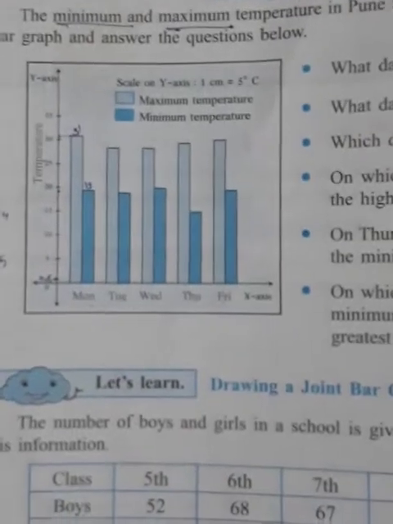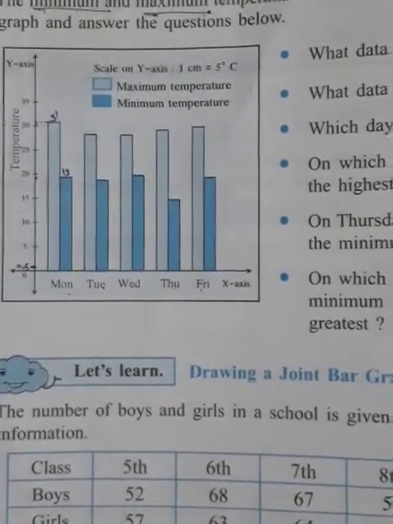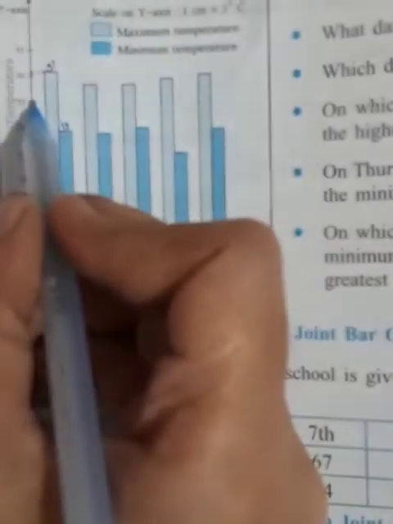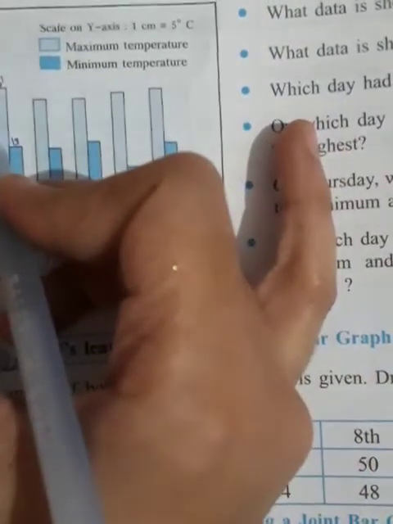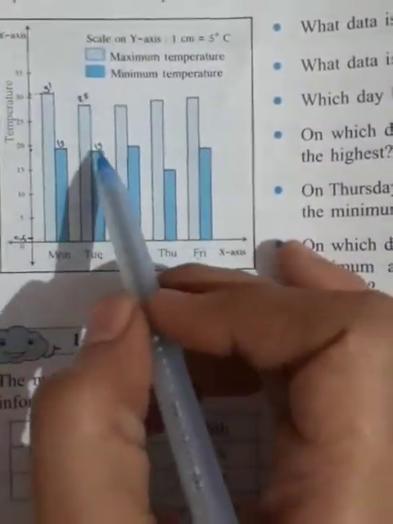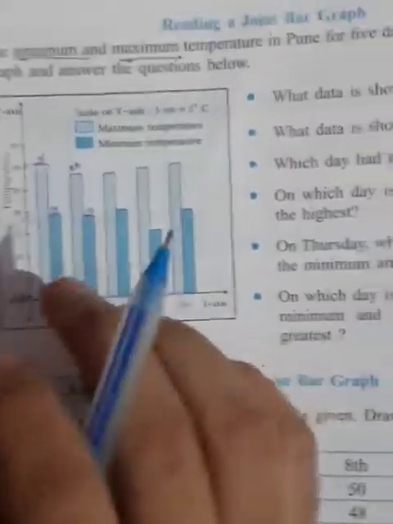Okay, now see, on Tuesday maximum temperature is what? Maximum temperature is, after 25 there are six lines. Okay, so 6 means what? 0.5 into 6 means what? 3, means 25 plus 3 is 28. So this is 28, and this is what? This is the same, so this is 19. Okay, so here maximum temperature is 28, minimum temperature is 19. So you must know how to count.